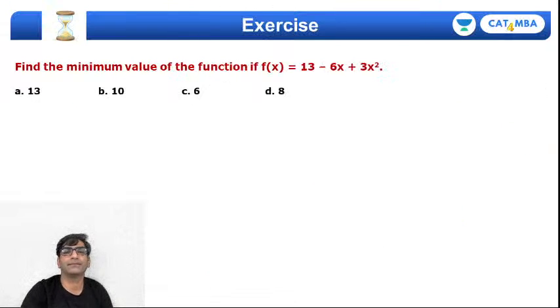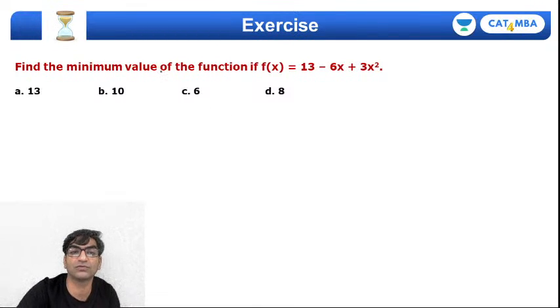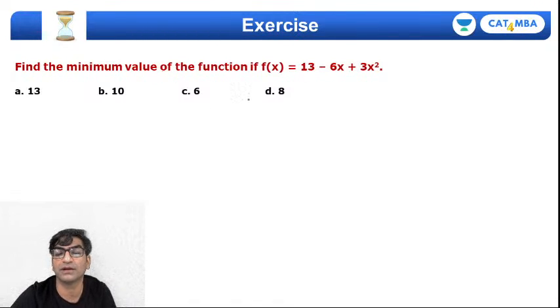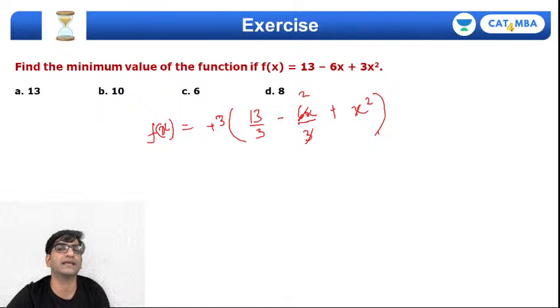है ना, ये आखिरी 2 questions हैं। This one talks about minimum value, right? You remember the completing the squares method? I'm going to do that. I'm going to write this f(x) as 3 common ले लो, 13 by 3 minus 6x by 3 plus x square, right? इसको मैंने ऐसे simplify कर लिया।